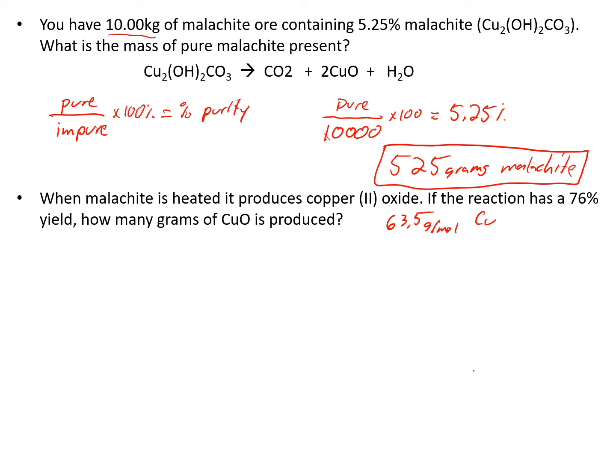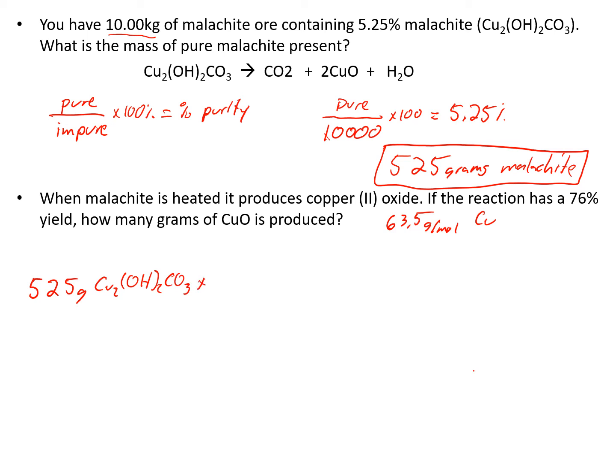So when malachite is heated, it produces copper 2 oxide, and if the reaction has a 76% yield, how many grams of CuO is produced? So we're going to ignore that 76% for now, and what I'm going to do is find the theoretical yield if all of the 525 grams of malachite reacts. So the formula for malachite is Cu2(OH)2